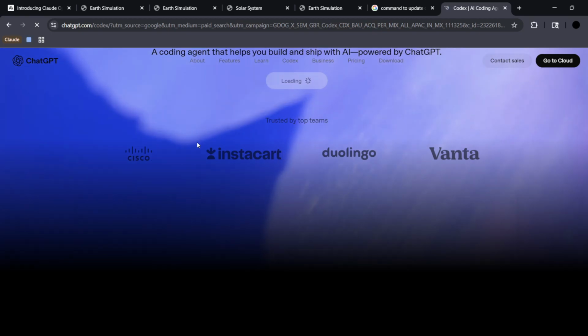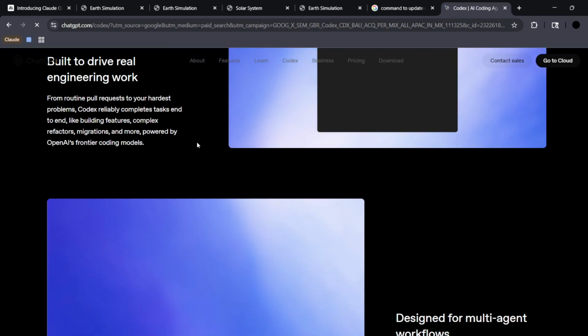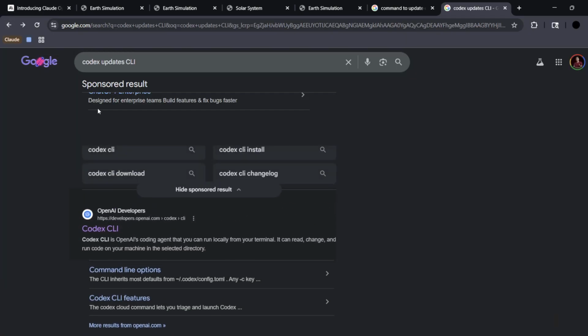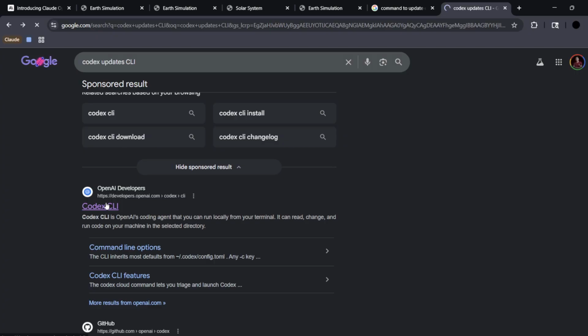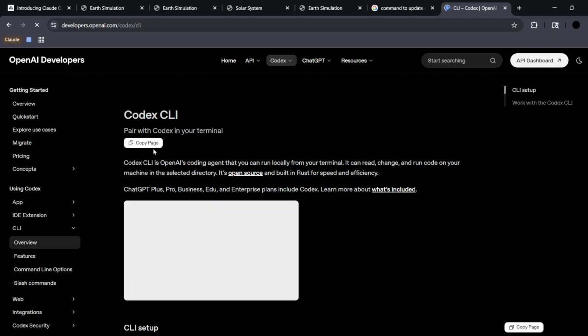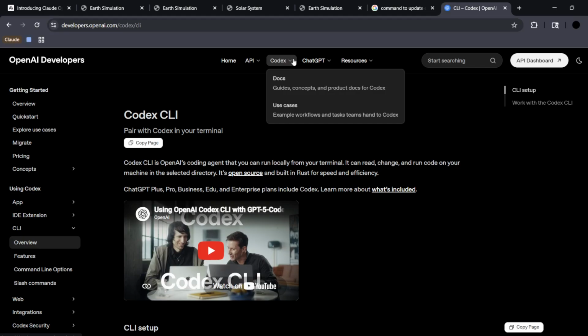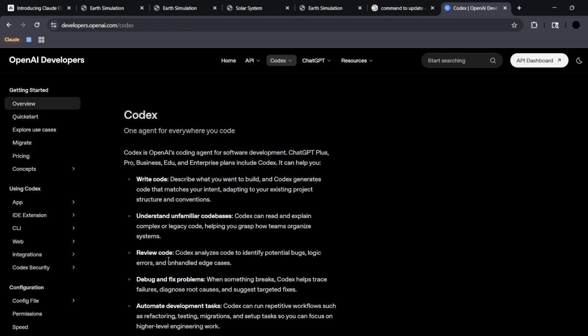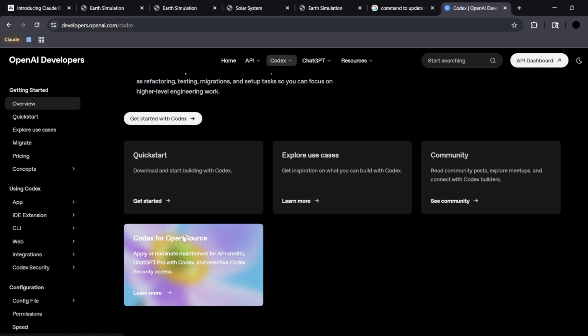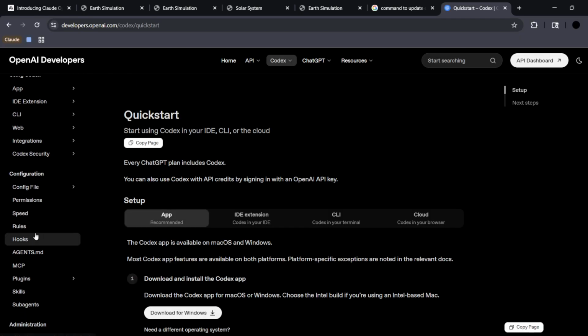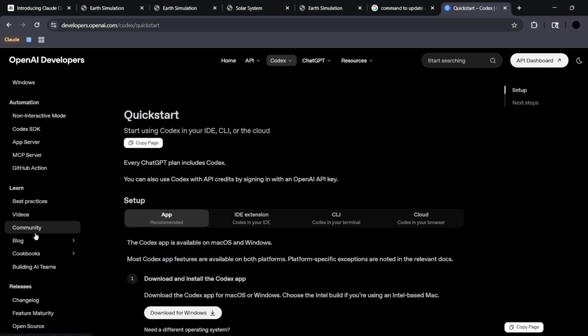So here you can find all of the updates especially related to the Codex GUI if you are using with that, but since we are using the Codex CLI, you can find the things related to the same within this particular page about it, and in the documents you can simply navigate to the same, and from here you can find about them using these particular links. So now without further ado, let us find the exact method using which you can